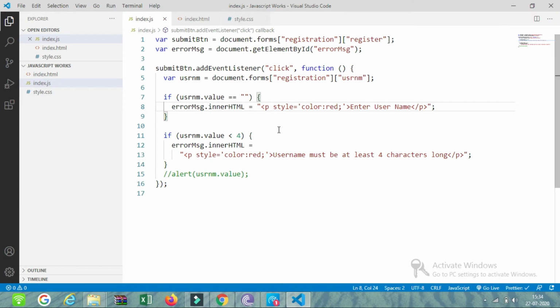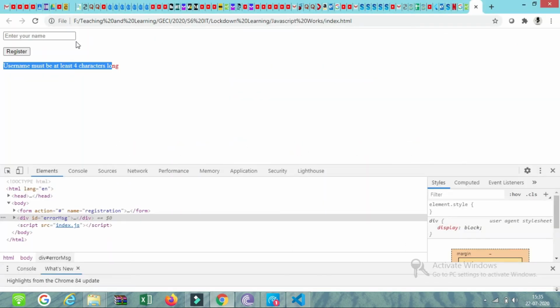For that you just need to put a plus there, which is a shorthand for errorMessage.innerHTML is equal to errorMessage.innerHTML plus this content. That means we are concatenating, not adding, it is concatenation. The previously entered value is concatenated with the new value. We will also put a plus here. Okay, let's see what happens now. I'll refresh, I'll print. So there are 2 messages. First this message appears, then this message appears. This condition is validated and this condition is also validated. That's what happened here. So that is a simple form of validation.